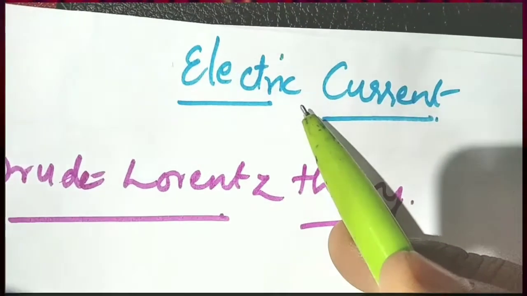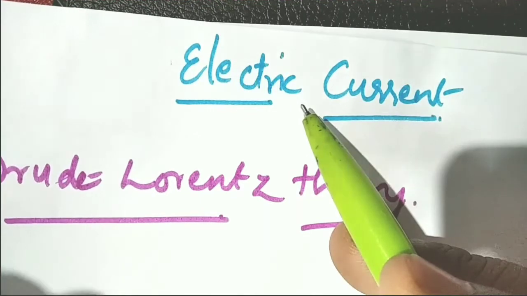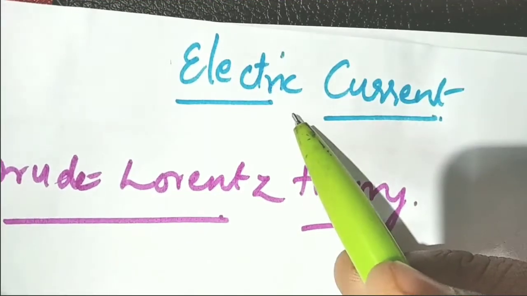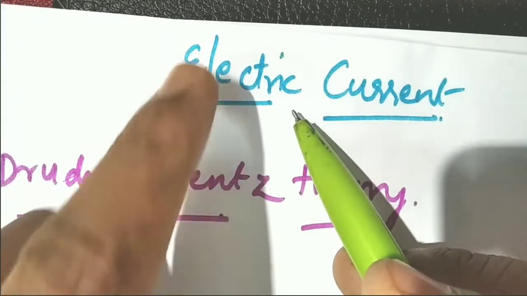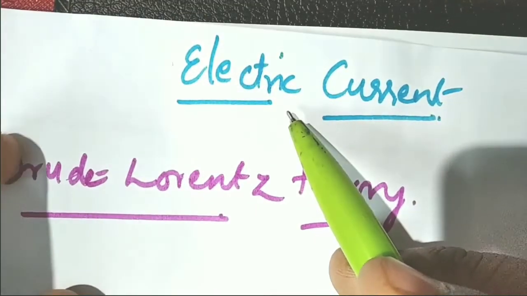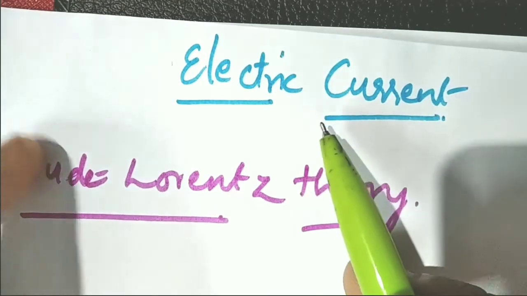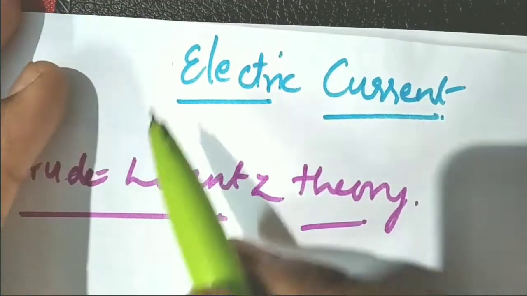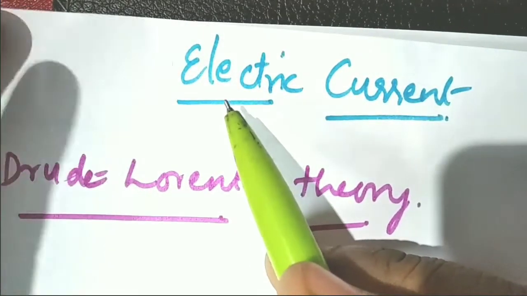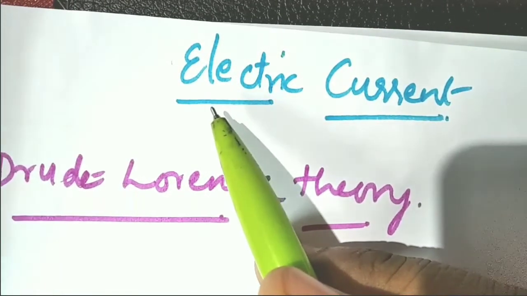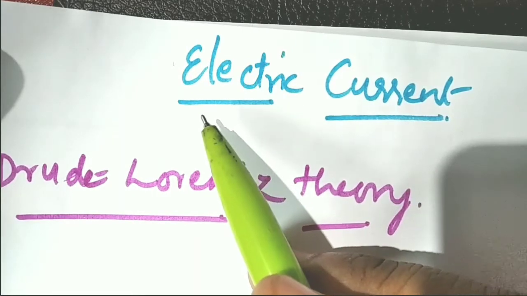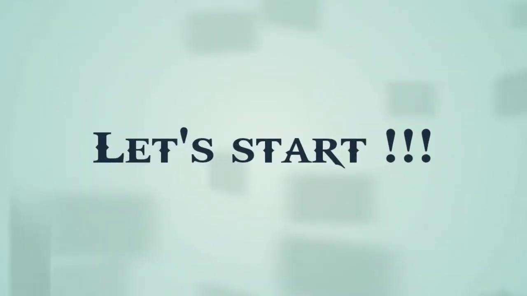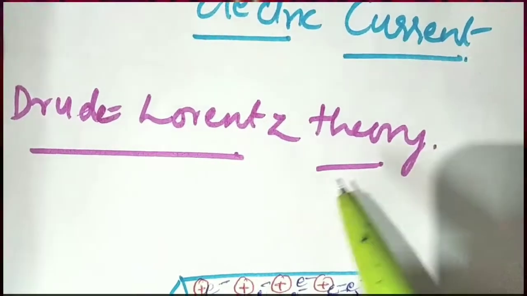Let us say if you have taken electrical science as your field, or electronics and communication as your background, this lesson is going to be very important, students. So let me start by giving you the complete lesson explanation. This video will be a complete lesson explanation, so please have patience and listen to the class very sincerely and seriously. Now let me start with the first theory of the lesson, the Drude-Lorentz theory.